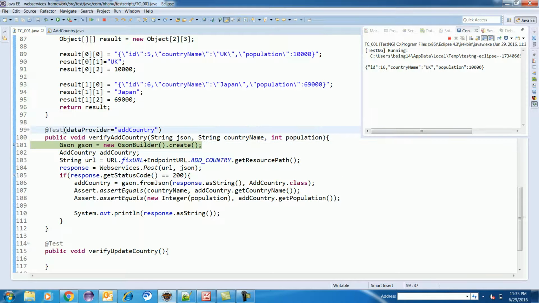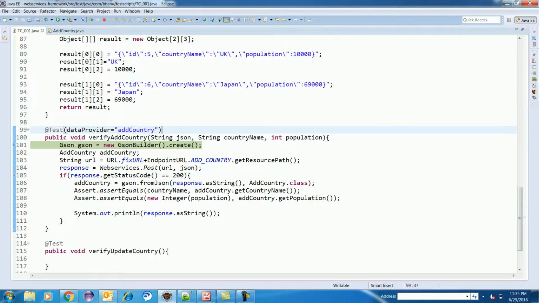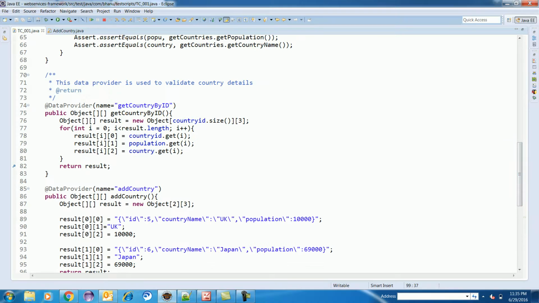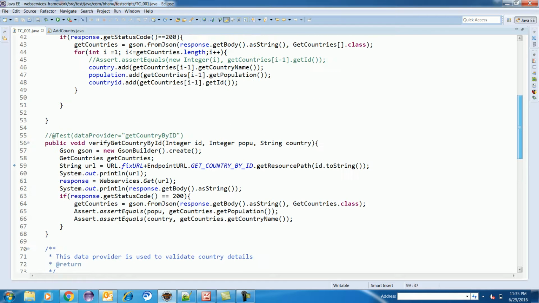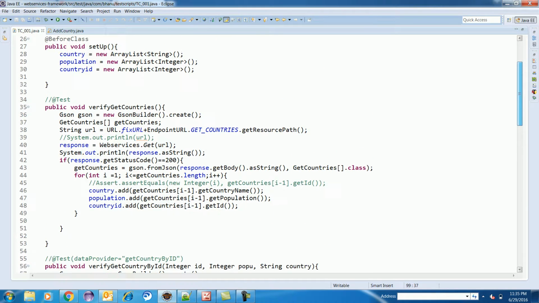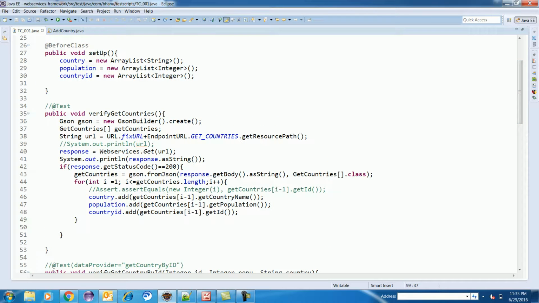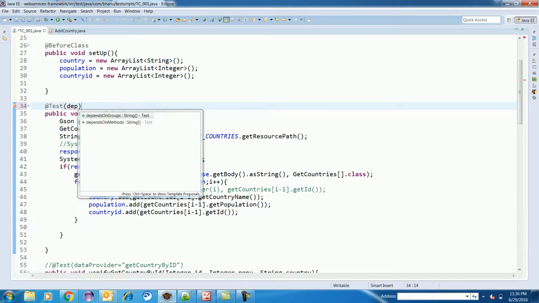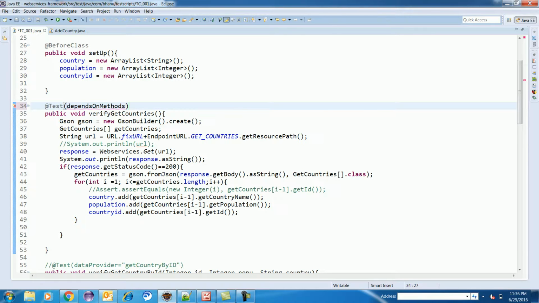Now you guys will be wondering whether this country is getting added or not. To test that, we can do one thing. Since we already have one get call, called verify get countries, so we have one web service for that. What I will do is enable this test, and I will write one annotation, depends on method, and